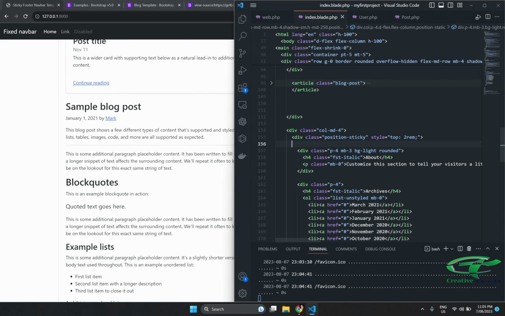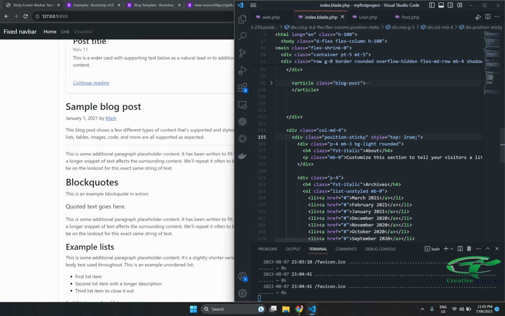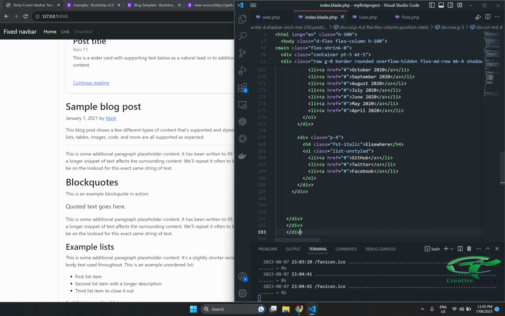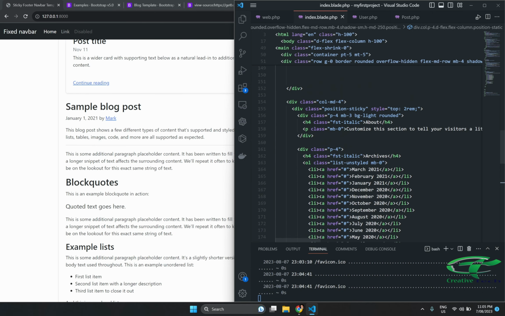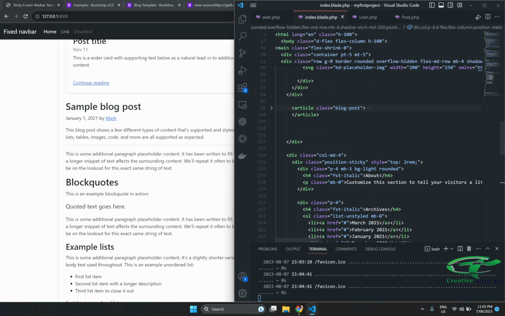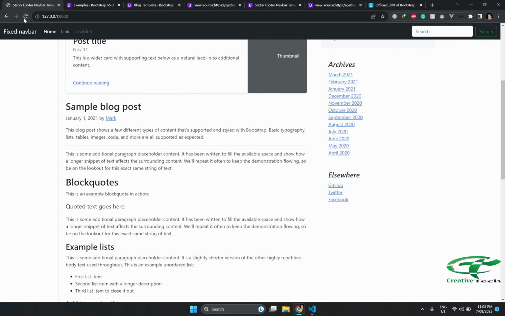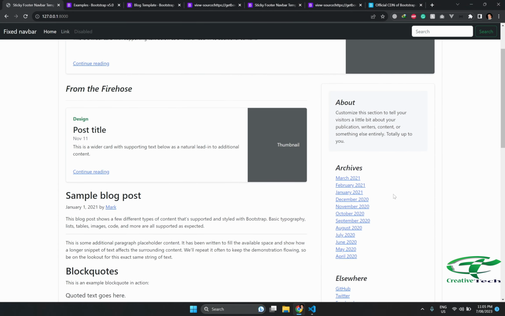And let me first find the closing div for this one. So the closing div for this one is this one. So we'll just copy paste that two times, and here let's say, and now let's check. Okay, so now we have this beautiful sidebar here,